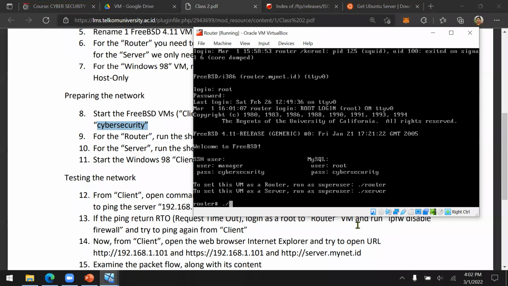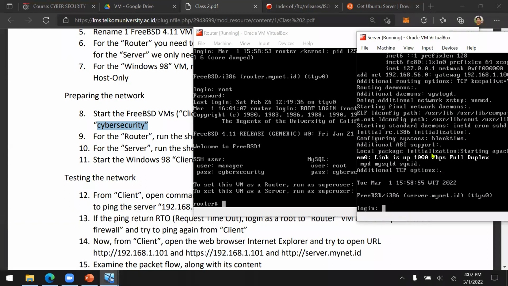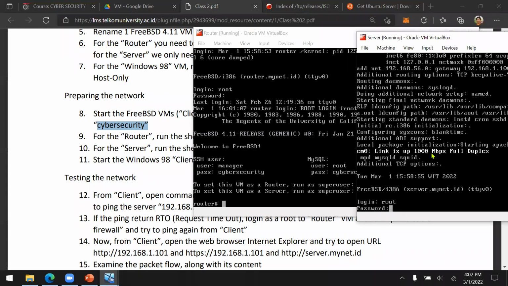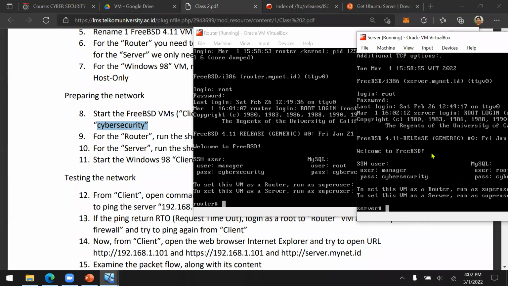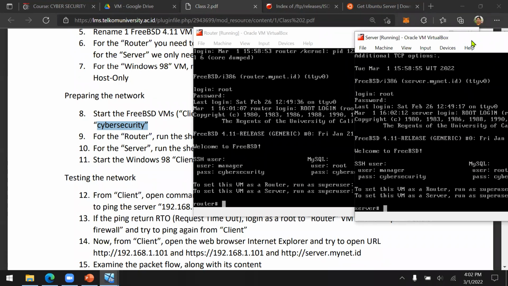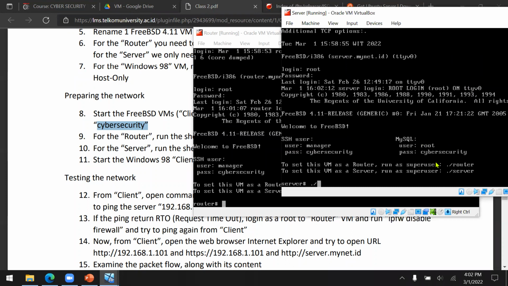And for the second virtual machine, the server, the login name is still root, and the password is also cybersecurity. In this virtual machine, you need to run ./server. Just remember which one you set as a router and which one you set as a server. Once it has configured itself as a server and as a router, it will reboot itself, and then everything will be ready.